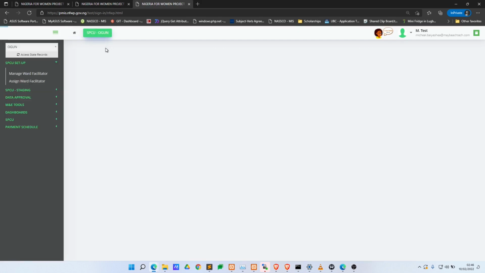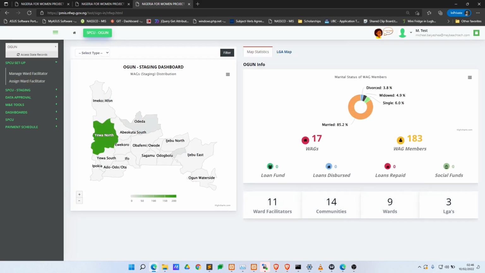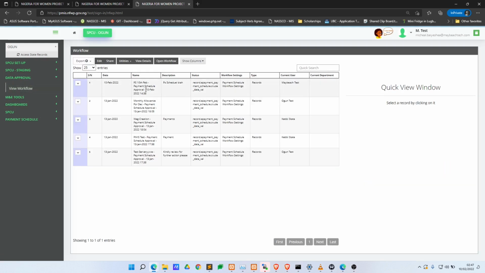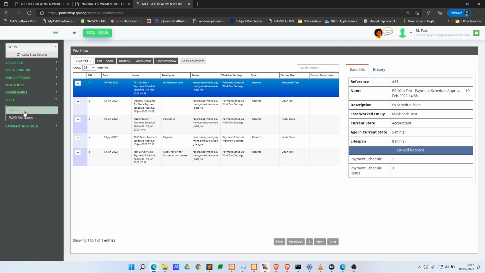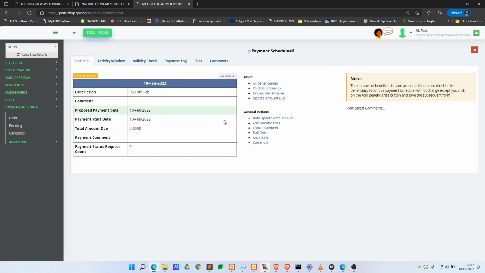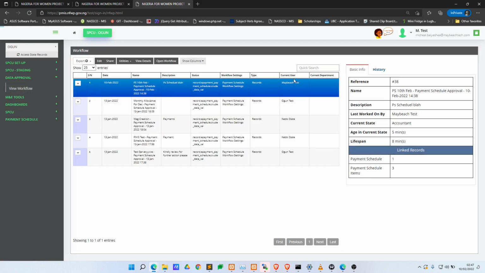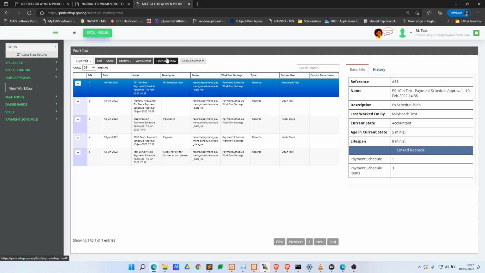The state accountant, who shall also receive a notification of this payment schedule, can navigate to view workflow, and he shall see the workflow in his own bay. He can also have access to the payment schedule from the payment schedule pending, open the payment schedule, verify or vet whatever he wants to vet. He can perform some of those actions from opening the payment schedule. So view workflow, look for the payment schedule, select it, click on open,